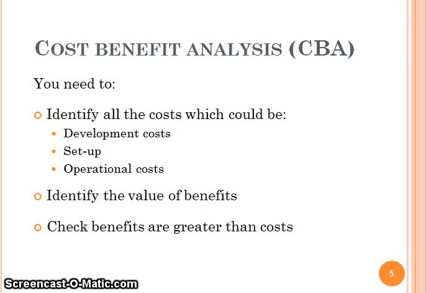Every project we need to analyze cost benefit analysis. Costs include development cost, setup cost and operational cost. For example, if you buy an air conditioner, the development cost will be the manufacturing cost. Setup cost is the money spent for installation, that is for buying copper wires, manpower. Operational cost is the money spent on the electricity.